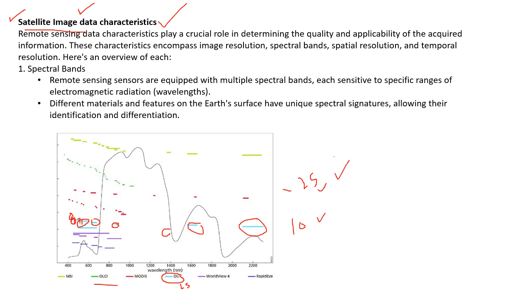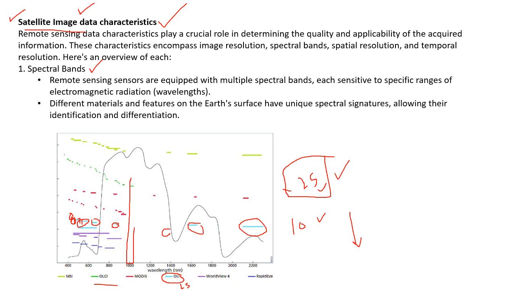Why? Because it is giving you more bands. If there are more bands, spectral resolution is higher. If there are fewer bands, spectral resolution is lower. Because you are blind here. I mean, this part